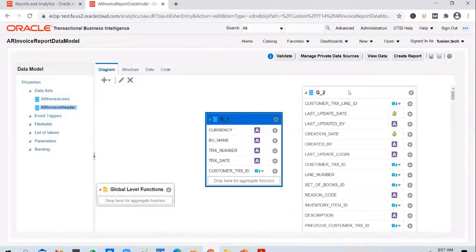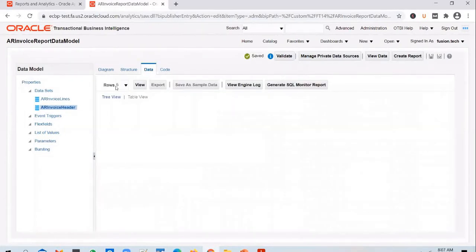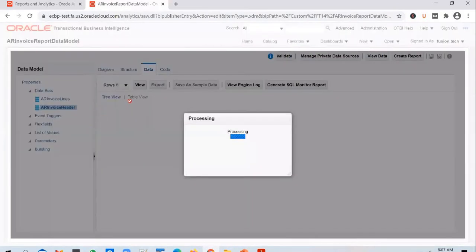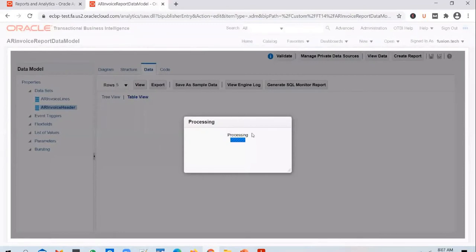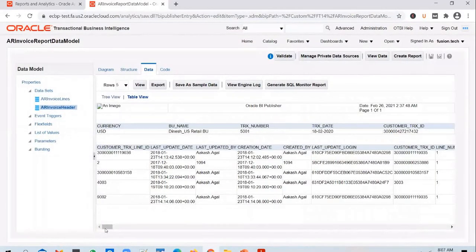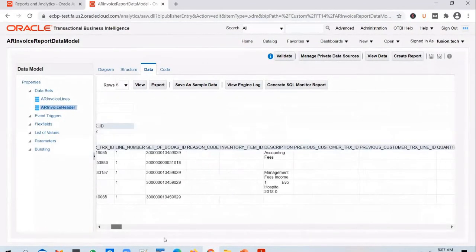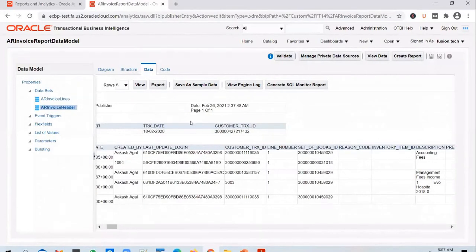And you have the customer transaction ID column in the lines table as well. We will be joining these two queries with the help of this ID in a while from now. But if you go to the data tab, we still don't have any link between these two queries. Those two queries work as independent data sets. So the first query is printing 5001 and the second query is printing 5 random lines from an invoices table.